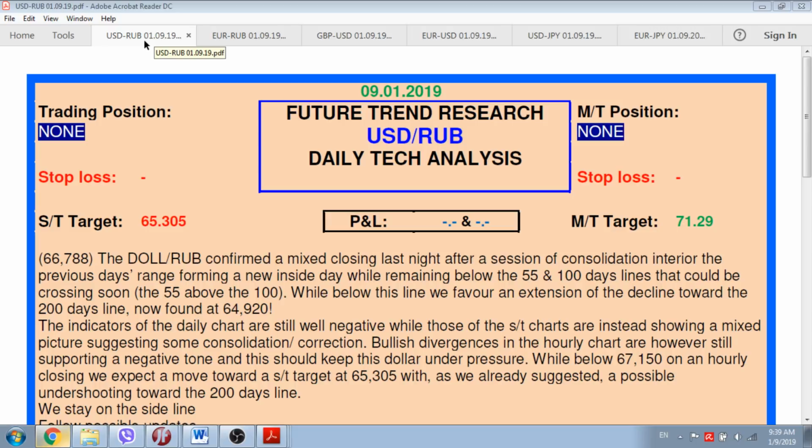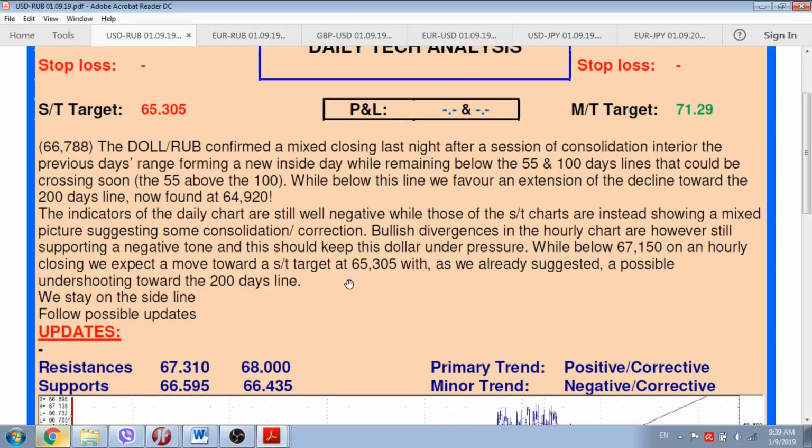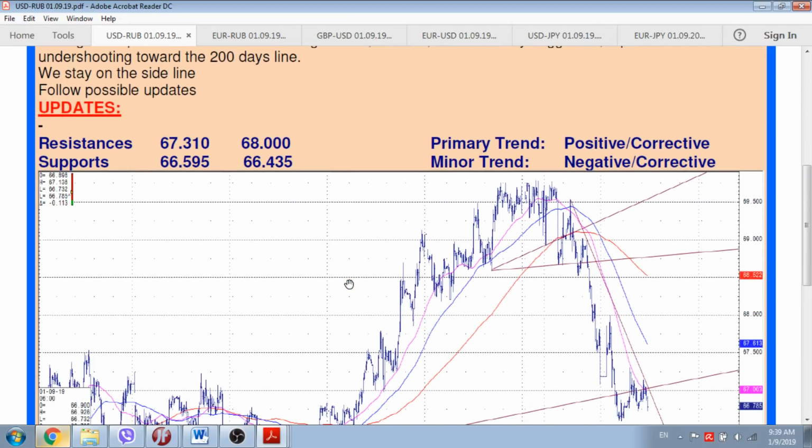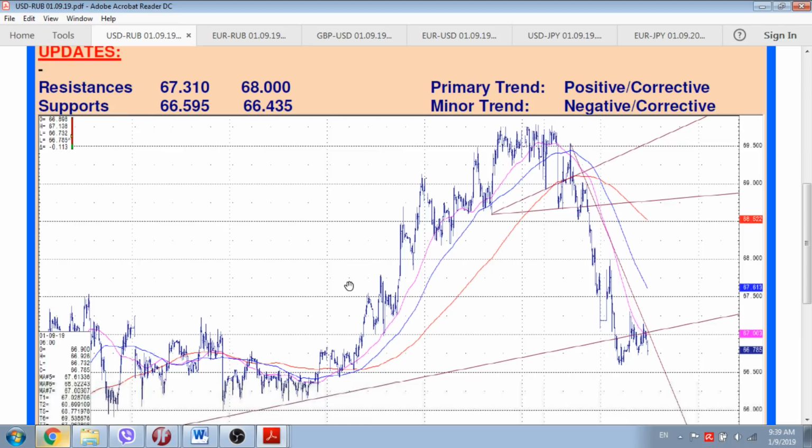dollar ruble analysis. The dollar ruble from the part of Future Trend Research confirmed a mixed closing last night. As you could see, after a session of consolidation into the previous day's range, forming a new inside day, while remaining below the 55 and 100 days lines that could be crossing soon, the 55 above the 100. While below this line, we favor an extension of the decline toward the 200 days line, now found at